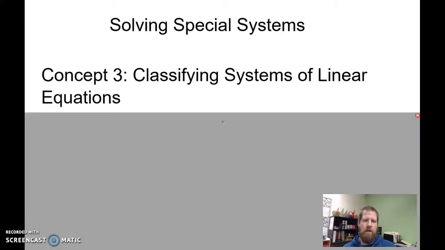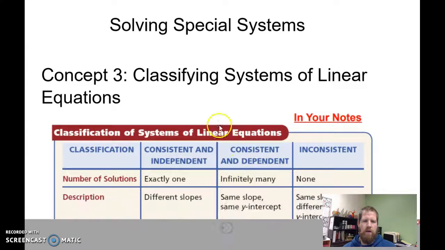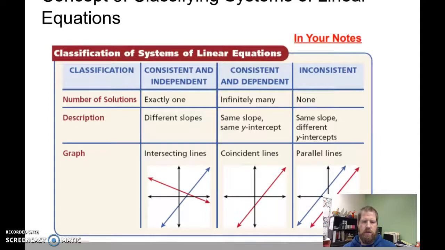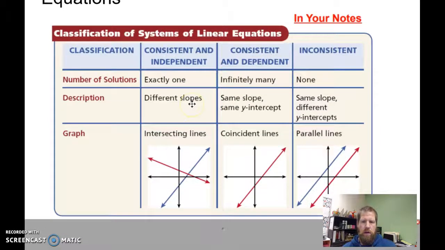Concept 3, Classifying Systems of Linear Equations. So this needs to get into your notes, this table. It's also in your book. What this does is this has the number of solutions for each of our three types of lines, and it